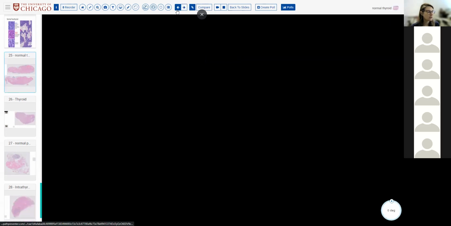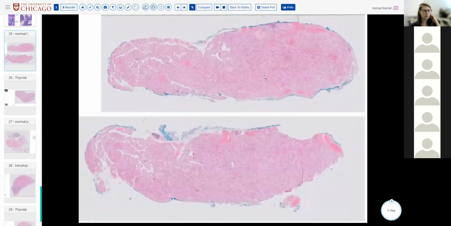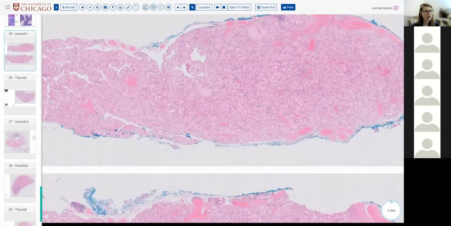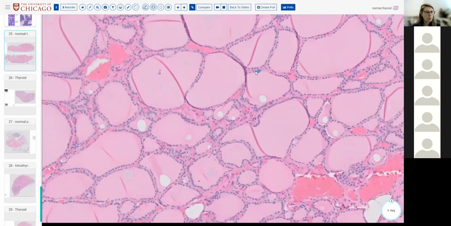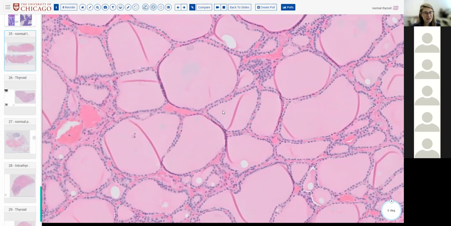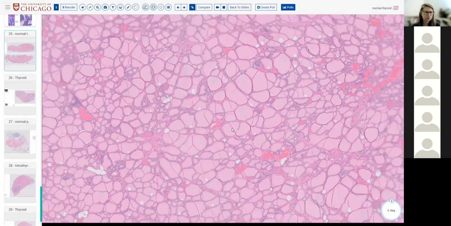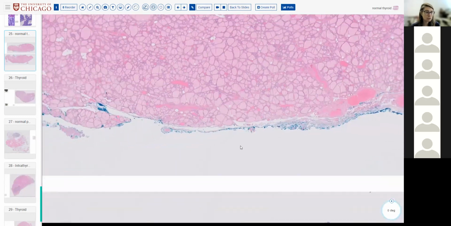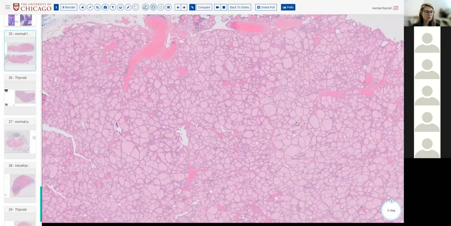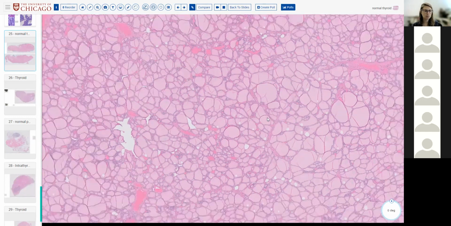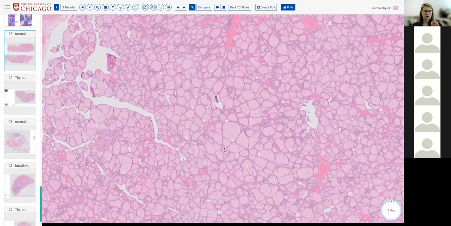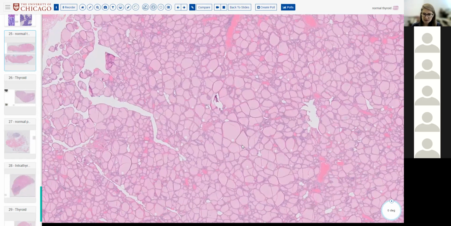Okay, so here I'll show you the slides now of normal. So why do we care about looking at normal thyroid? Well, one of the reasons that I like to emphasize the size of the follicles in thyroid is because when we're dealing with thyroid tumors, we tend to conceptualize or name them based on whether the size of the follicle is smaller compared to normal or larger compared to normal, right? So if these are relatively normal sized follicles, they're evenly sized and evenly spaced and evenly shaped, all right,